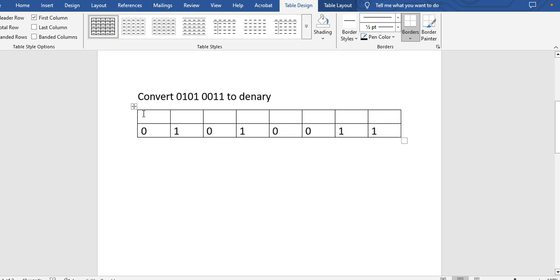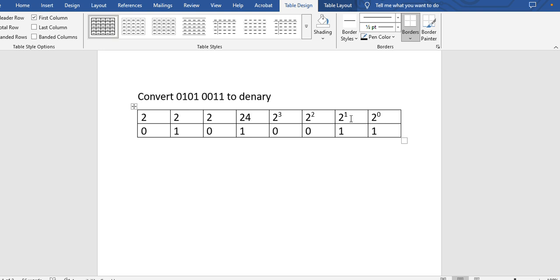Then you come back and put the values of 2. These numbers are in powers of 2, and each one has its place value. The first one here is 2 raised to power 0. You start from the right-hand side with 2 raised to power 0. The second one, you increment, it will be 2 raised to power 1. The next one is 2 raised to power 2. So you go in powers of 2, starting from power 0, power 1, power 2, power 3,